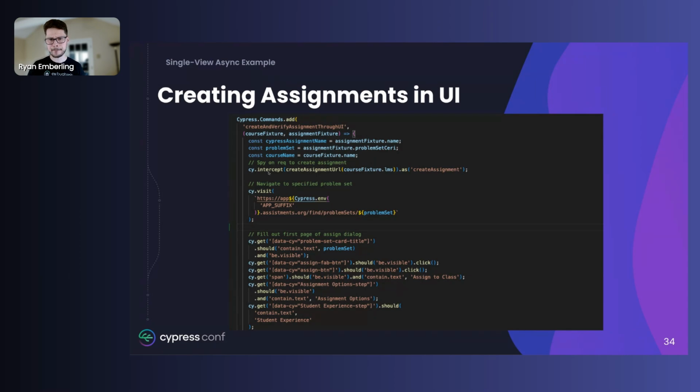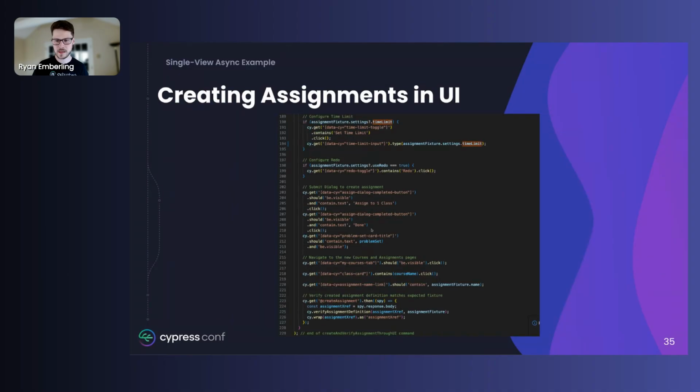So once we've spied on the API request, we're in a position to go to the right page of the application where you can assign, and then to start filling out the form essentially and describe the assignment, filling out which problem set we want, selecting the correct class that we want to assign it to, and then we start dynamically filling out some of the settings. I'm skipping over a bit of the guts of this command because it's a fairly large form with a bunch of fields, but the general idea is that based on specific configuration of the fixture, we will turn on certain